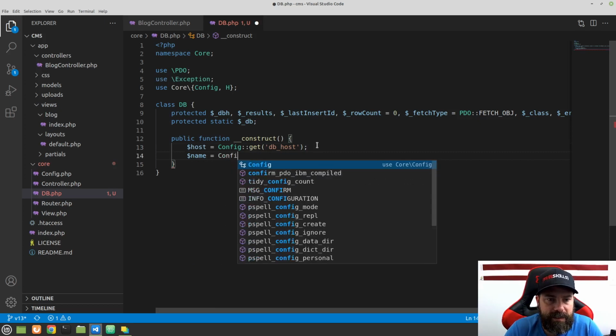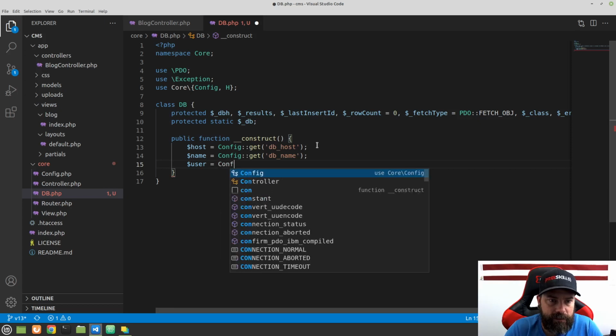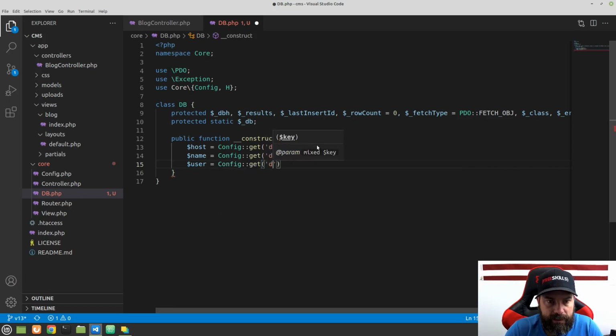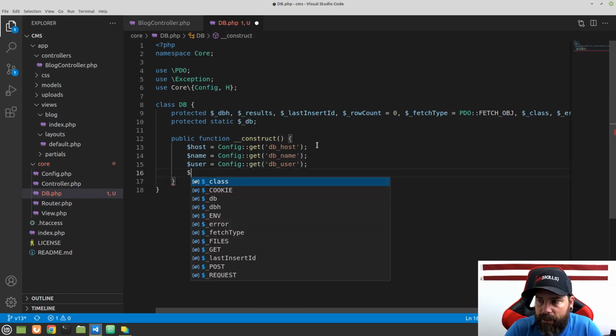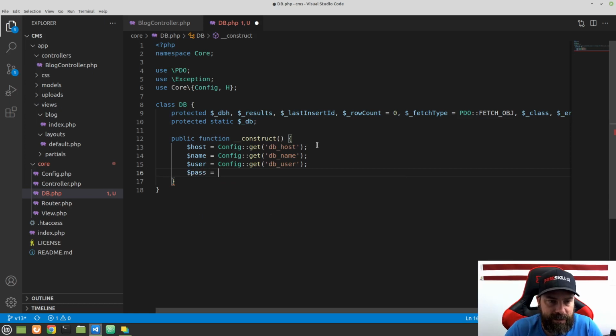We'll do name, and it's the same thing, config get db name, and then we'll get our user, and that's going to be config get db user. And we also are going to need our password, and so I'm just going to call that pass, and we'll set that equal to config get db underscore password. Okay, now